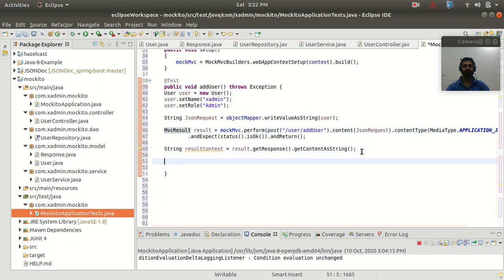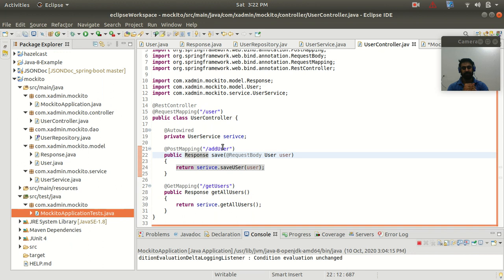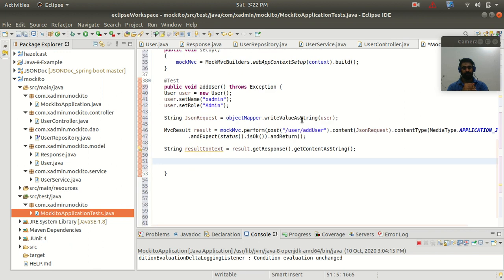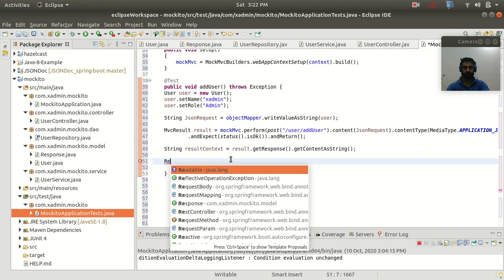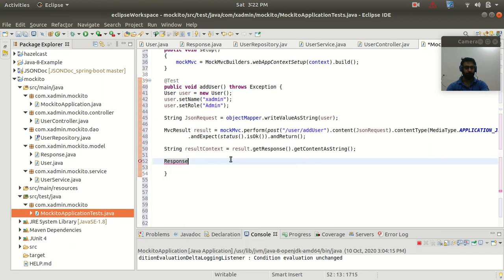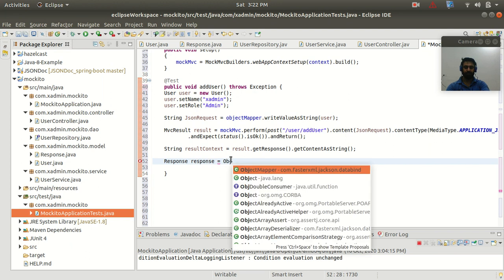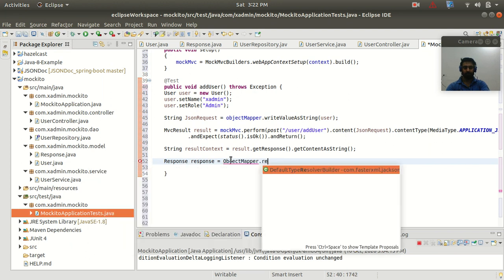And now we need to convert this result context to our customized return type. And here you can see that we are using Response as the return type, right? So we need to convert this to our Response class type. So for that, we can simply declare a Response variable, and then we can use objectMapper to read the value.